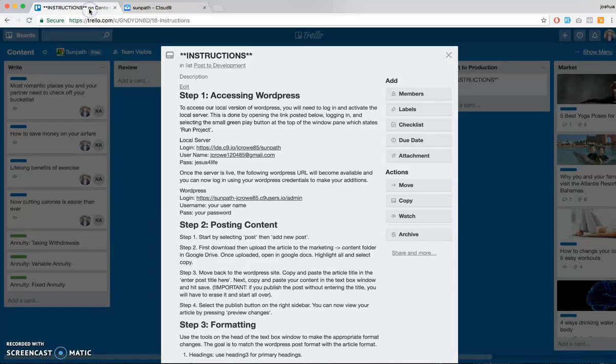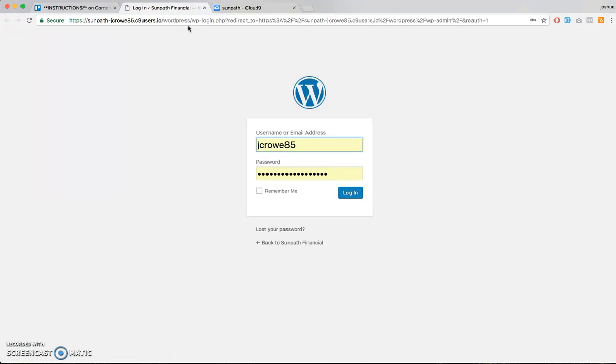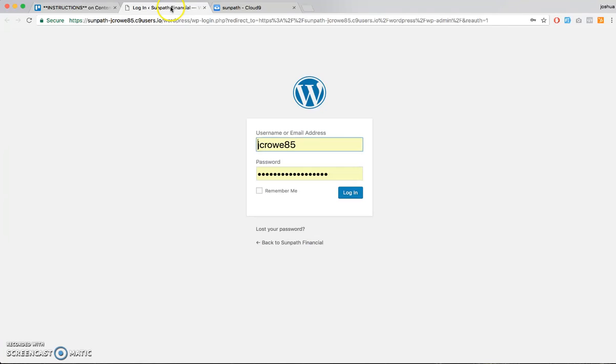You'll select that, allow it to load, move back to Trello, and now you'll want to open the WordPress admin panel. And to do that, you'll select this login URL, and you'll see the login button here, which you'll select. Now, if this is like a 404 error page or did not find page, something to that matter, that will indicate that this page here has yet to load. The server is not yet live. So give it some time, refresh this page, select login,